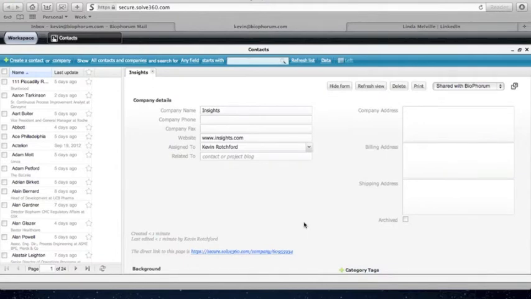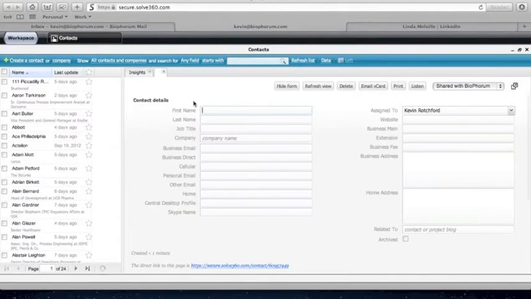Next, we would need to enter our key contact in this organisation. So we create a contact. Our contact at Insights is someone called Linda Melville. The minimum information we need to enter for a new contact is first name, second name, email address,